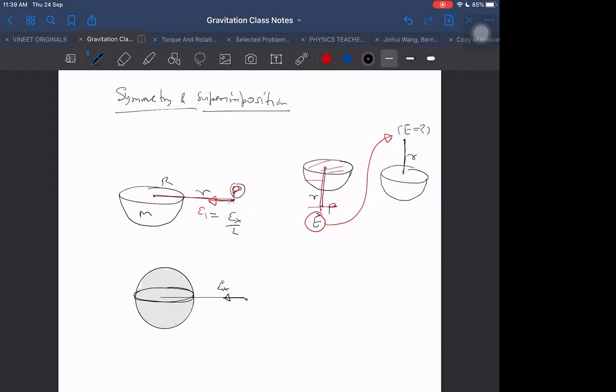Whatever E we get from here, whatever that E1 will be, E1 along x will be E by 2. What about E along y? That I cannot tell. But I know it will not be upwards. Will it be upwards? That does not make sense to me. It will be towards the mass, so it will be downwards, sir. But what it will be, that I don't know. This is unknown. This we cannot tell.